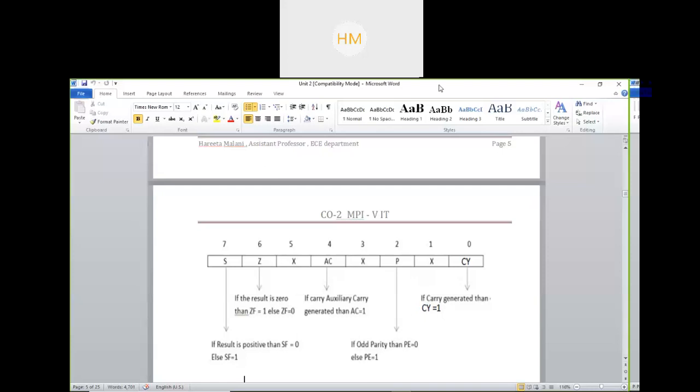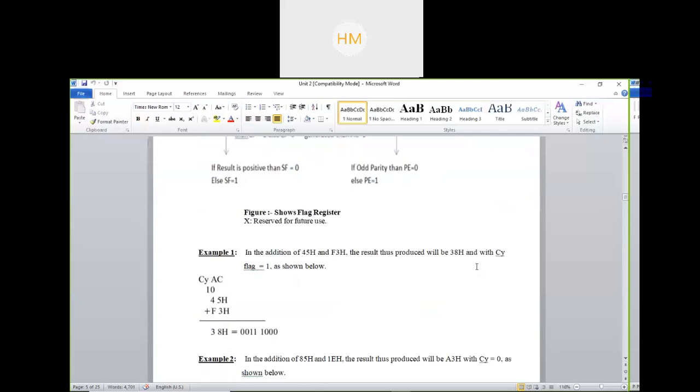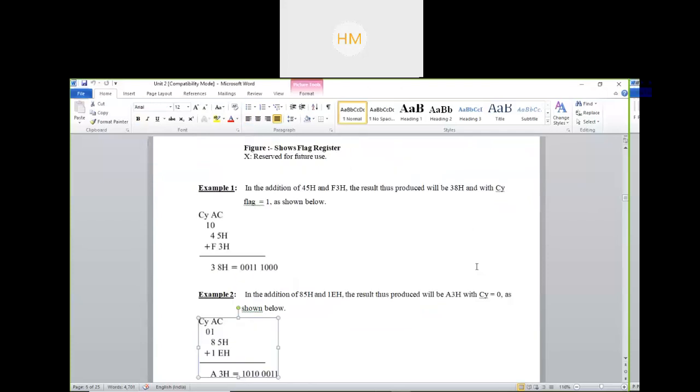So any doubt if you want to ask? Okay, so we should move ahead. Now we will see the example. This shows the flag register. See, this is the example.